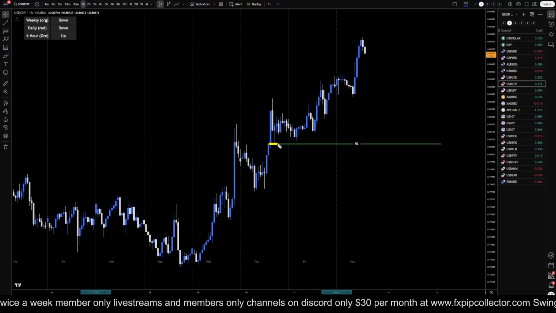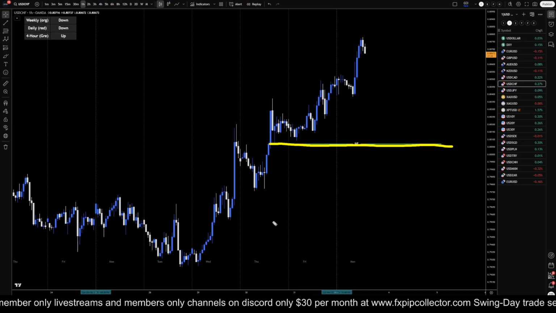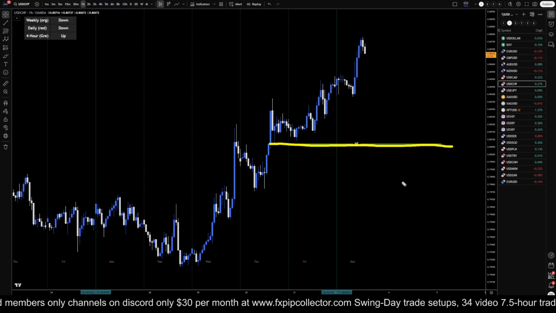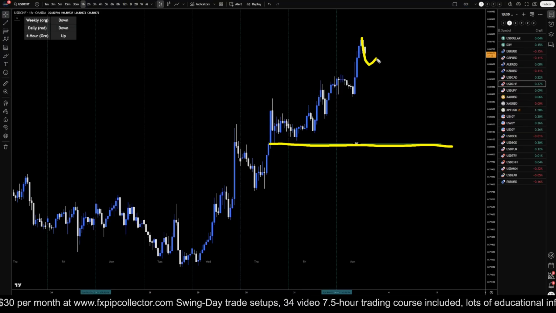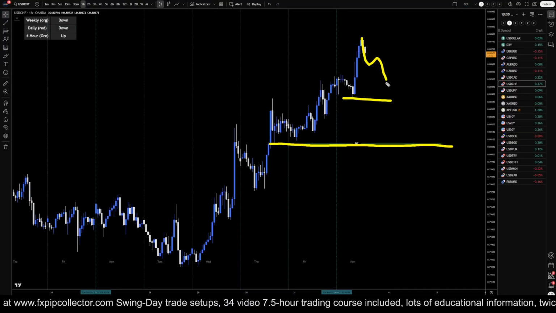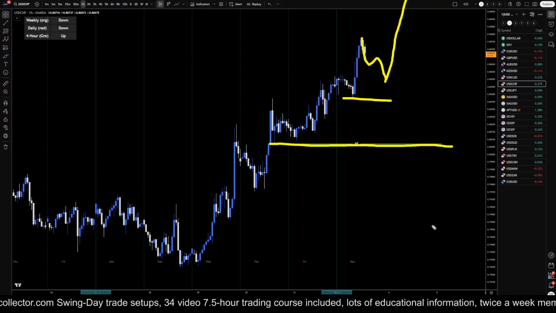This is the 4 hour time frame structure, which for me, that is the break of structure down that would turn me bearish. Otherwise, anything I see to the downside, I am definitely looking at as nothing more than possibly just a pullback within the uptrend. So especially if it makes another higher low on this 1 hour time frame and three waves down, I definitely would take it as another long opportunity, at least until the 4 hour time frame.